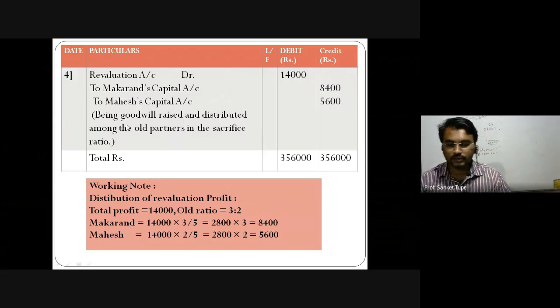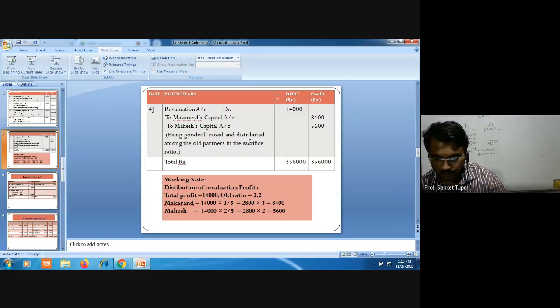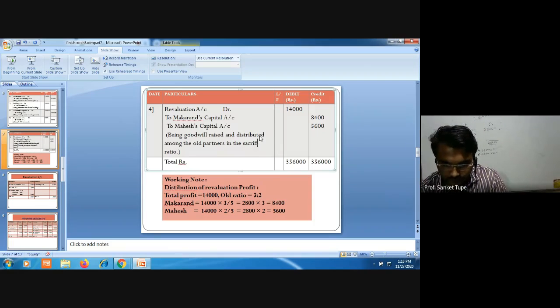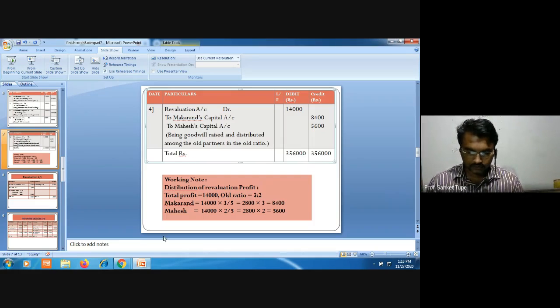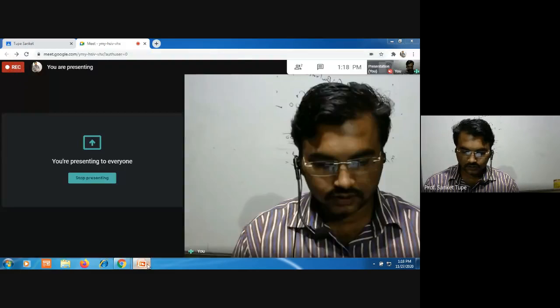And what is narration? Being goodwill raised and distributed in the old partners in sacrifice, not in sacrifice ratio, it is wrong, okay, I'll make here correction, in the old ratio. So that is for all today, the journal entries that we had seen।